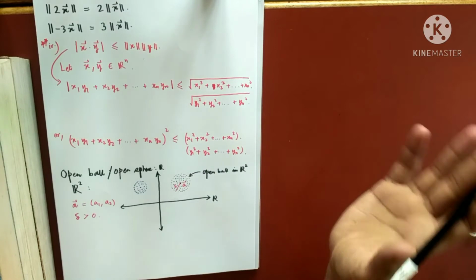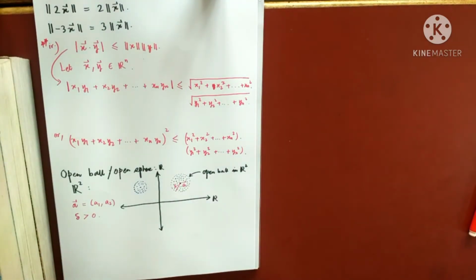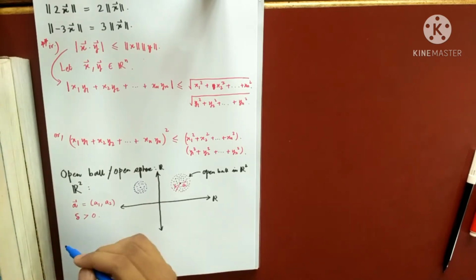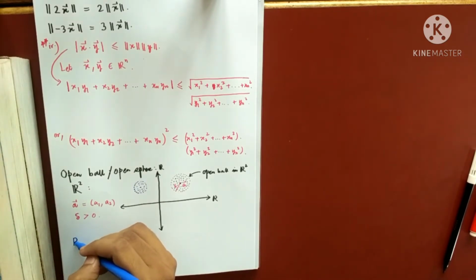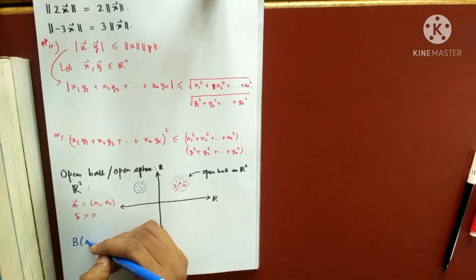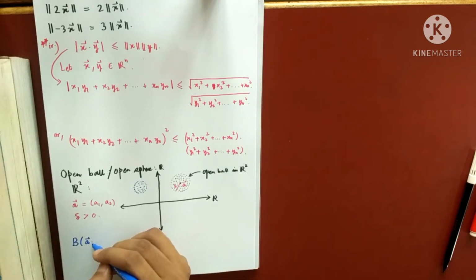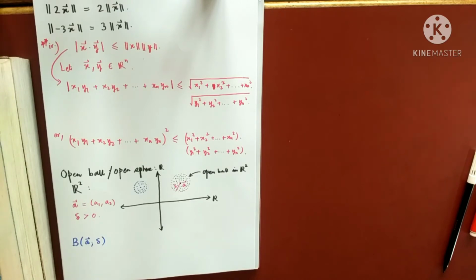But we are not interested in those points. That is not part of my open ball. That boundary is not there in my open ball. So this is how we define it very formally. This symbol will be used to denote an open ball. So B, the center of that ball is at the point A and the radius is delta. So I'll use this notation to denote the open balls.